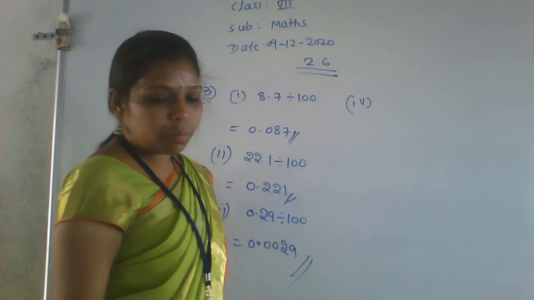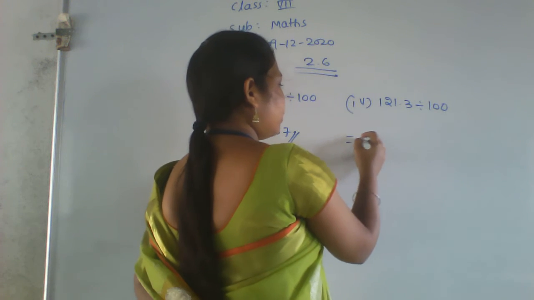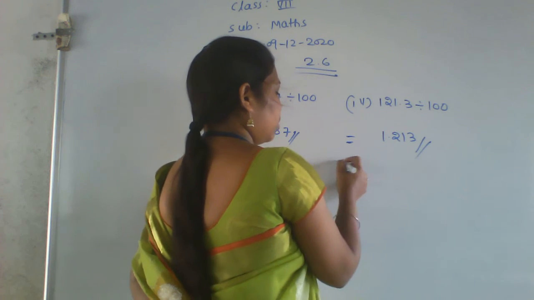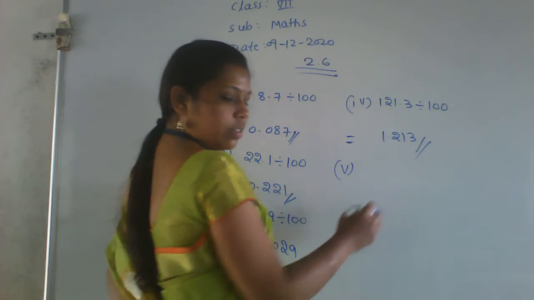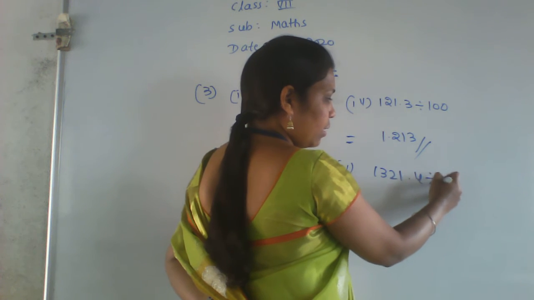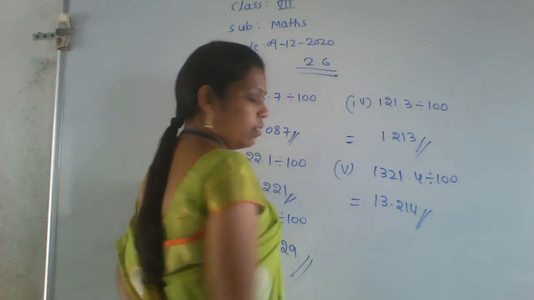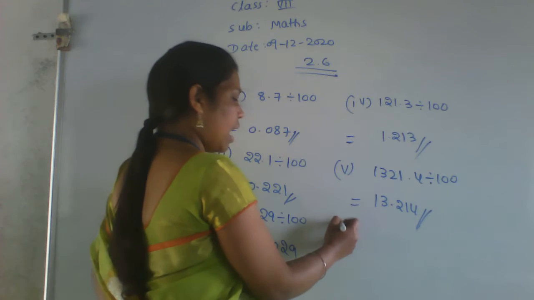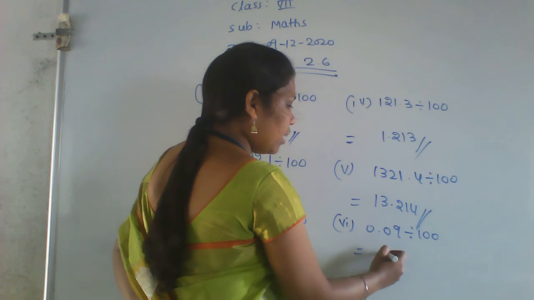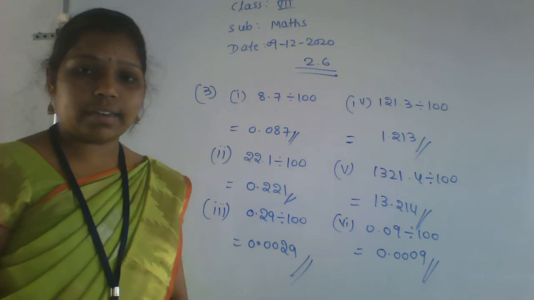Fourth one. These are very easy problems. You have to do them. Otherwise, being in 7th standard, if you don't know these problems, then it's a waste. You are not eligible for 7th standard then. 1300.214 divided by 100 is nothing but a shift after two numbers. 13.00214 is the answer. Last problem in this main: 0.09 divided by 100. That is nothing but 0.0009. That is the answer. Like this we have to write.